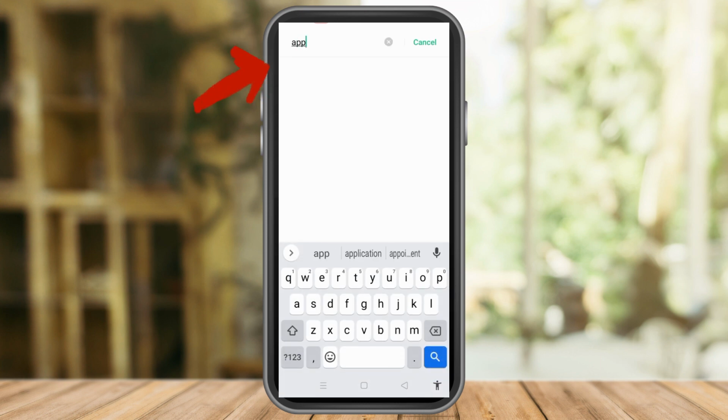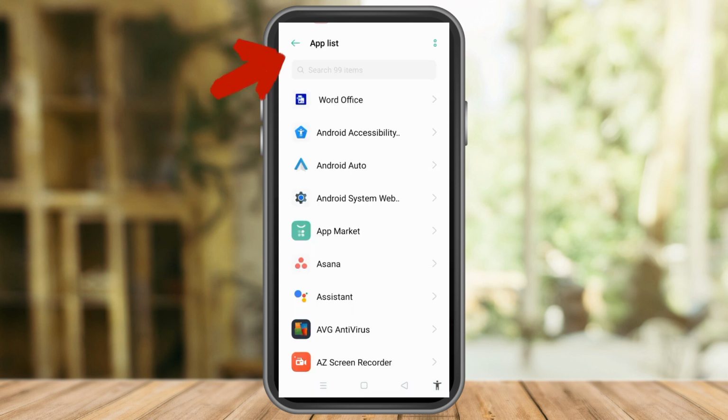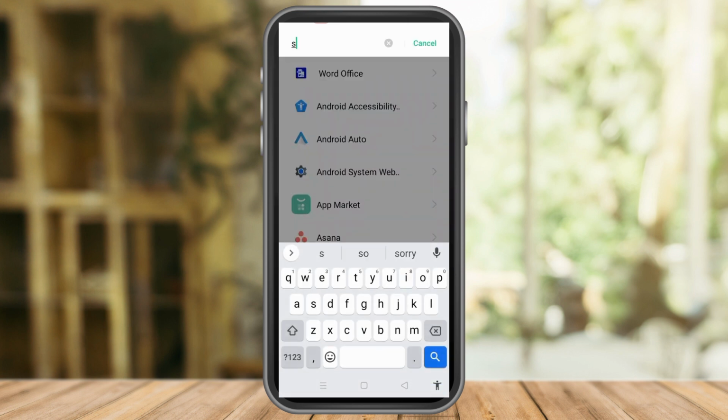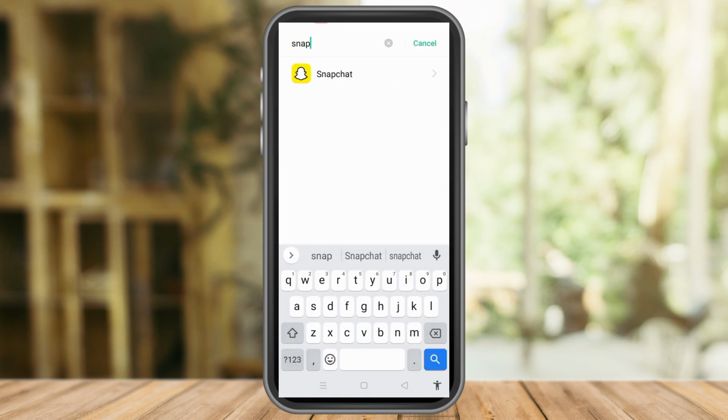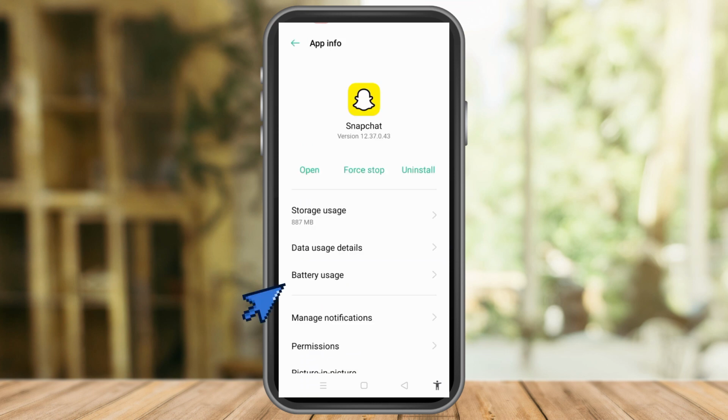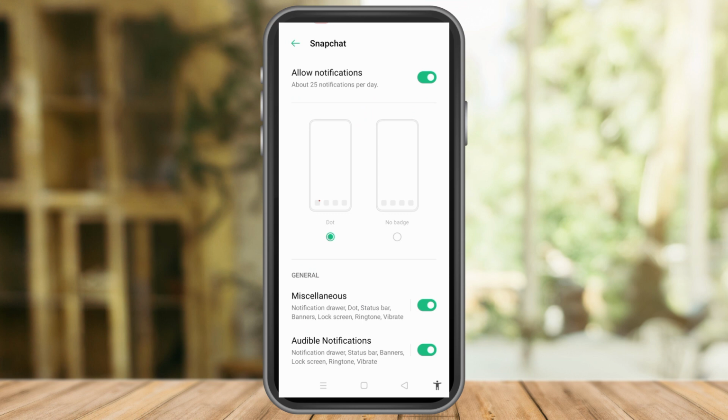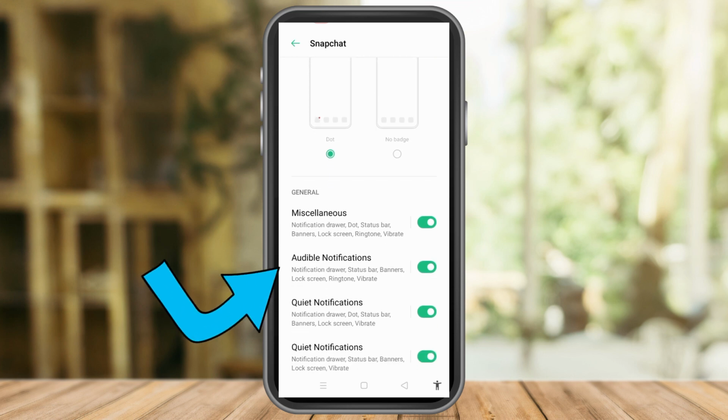Search for application management, or you can directly search for app list. Or if you don't have this one, you can just simply type Snapchat if you want. Okay, once you type Snapchat, the application will appear, and all you have to do is click that application, go to manage notifications, and for some phone devices or Android devices, you can see an option here, time